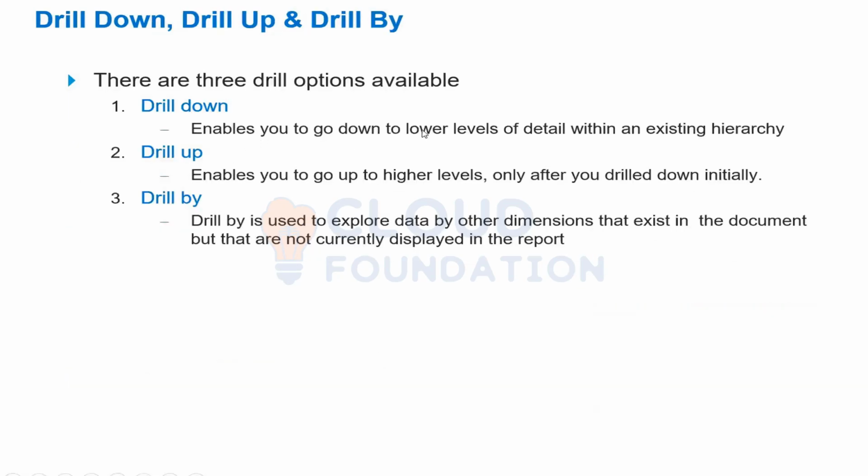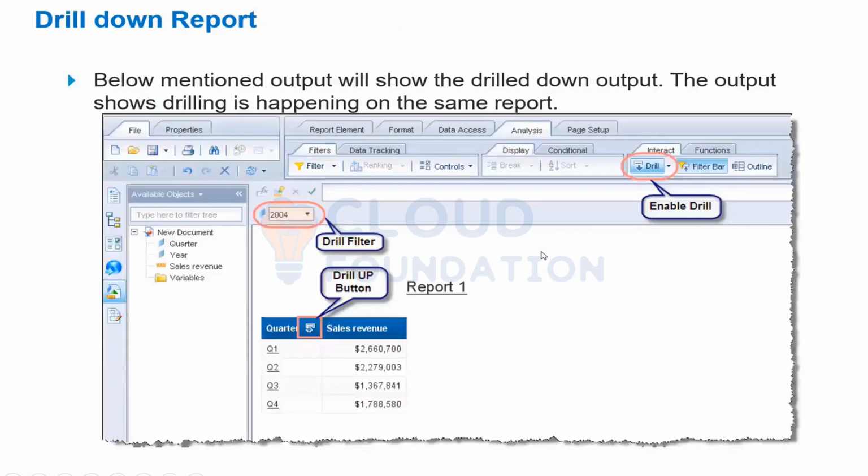Drill down enables you to go down to lower levels. Drill up enables you to go up to higher levels. Drill by is used to explore data by other dimensions that exist in the document but that are not currently displayed in the report. If you see here, drill down report,